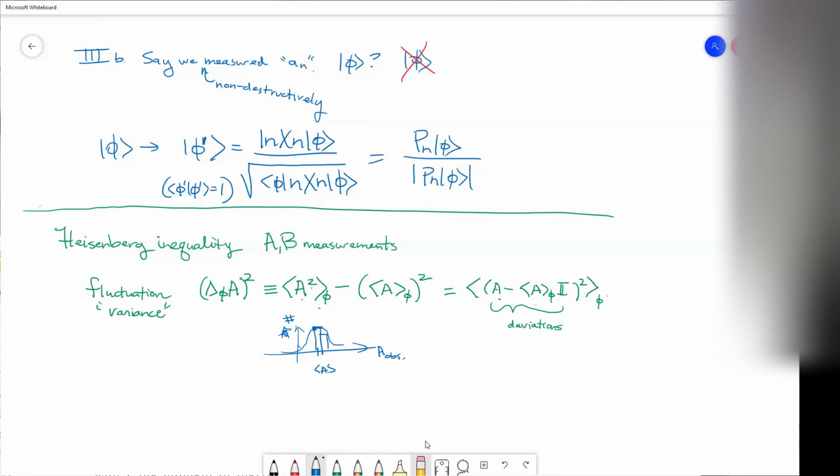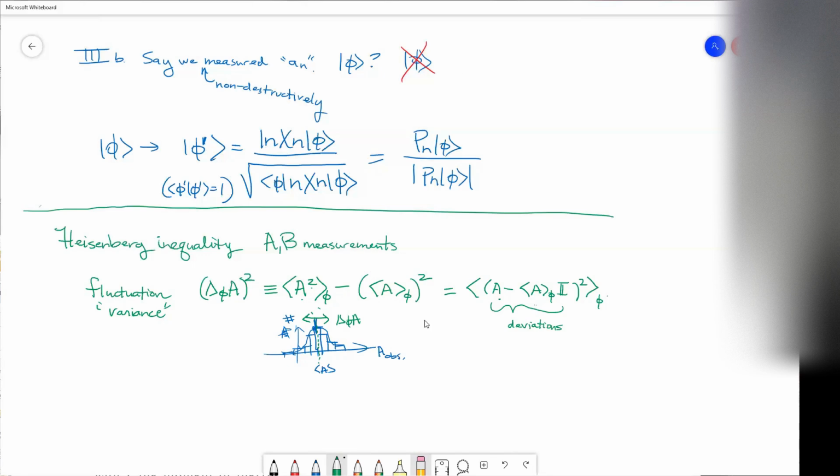You do a little histogram. You can plot a histogram of all the different values you observe, and you'll get some distribution around the average. This is the average, and there will be some spread of this distribution, captured by this delta A. It gives you the average spread of the measurement outcomes that you find. If it's symmetric, it'll be a distribution around the average. Okay, so that's great. Of course, you can also do the same thing for B.